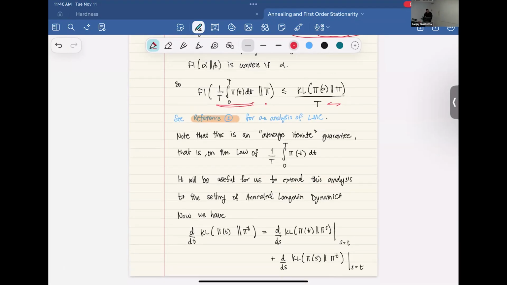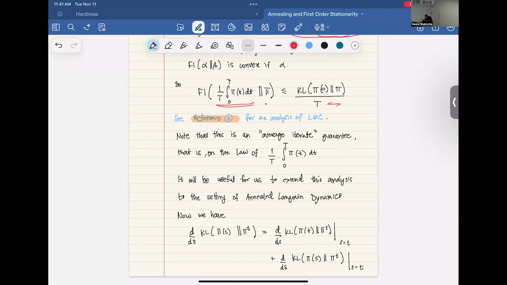The thing that we're going to change in this, though, is instead of looking at this for Langevin, we're going to need to do this for annealed Langevin, right? For the posterior sampling thing. And so we're going to have to modify this to work also if pi itself was changing. So now there is going to be a pi superscript t. The proof is going to be very similar, but just have one more error term besides